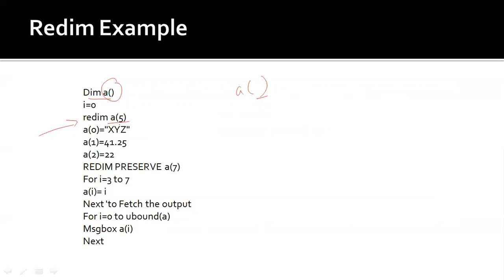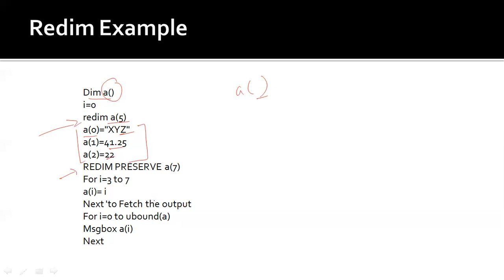It means now it can store 6 elements. And here a(0) is equal to xyz, a(1) is equal to 41.25, a(2) is equal to 22. Again, we have written ReDim Preserve a(7). It means these values will be preserved in the array from index 0 to index 2,